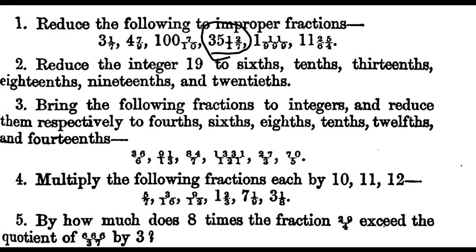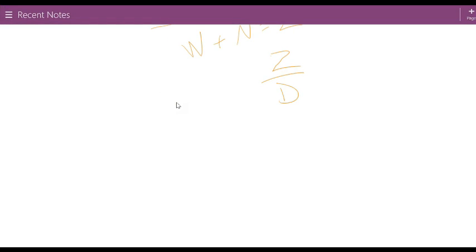Let's look at the next one. Reduce the integer 19 to sixths, tenths, 13ths, 18ths, 19ths, and 20ths. So we're going to take the integer 19 and make it tenths. Okay, so we have an integer, and again, we want it to be tenths. All right, so we're just going to multiply it by our denominator as if we had